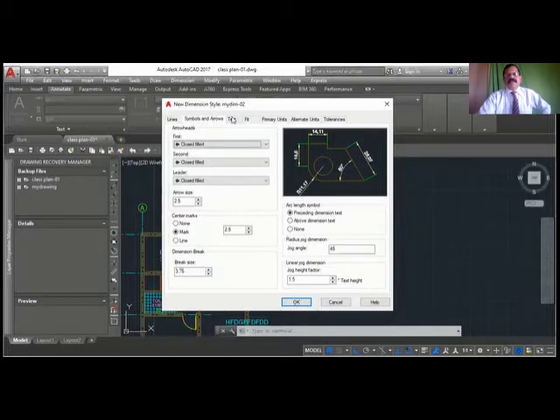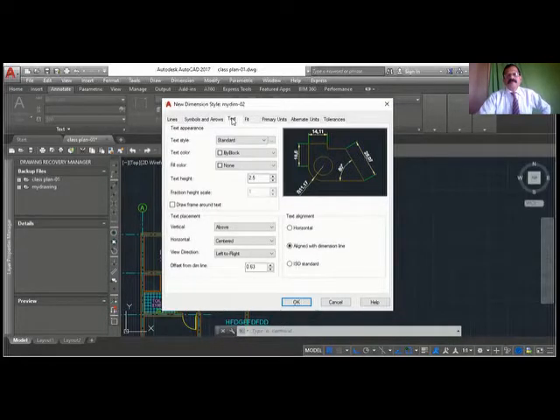Now we'll go to the text. You see, if you have not made any dimension style, it is taking Standard as the text style. These are the text styles you created when you created the text style. You can use any of these, and you can see the text changing.